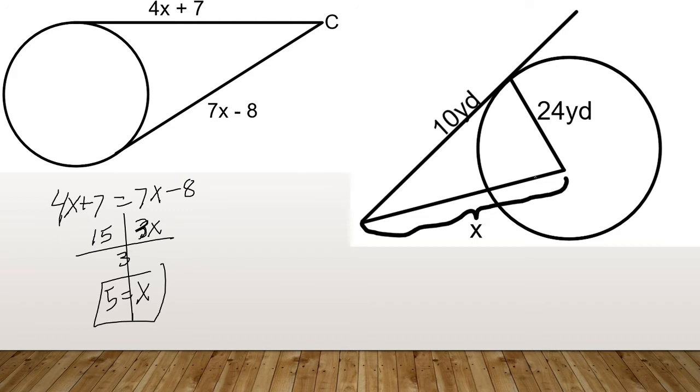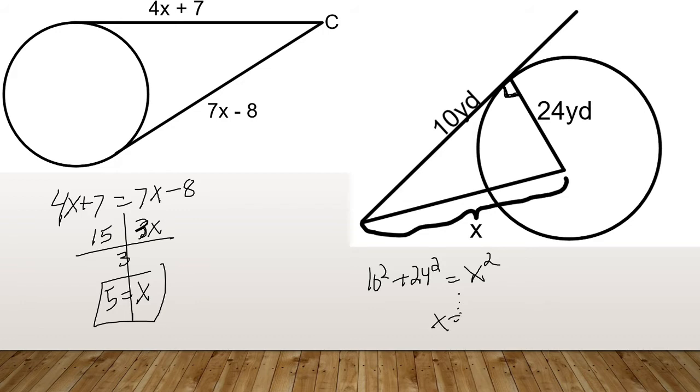This one's a little bit more interesting, or a little bit more difficult, I should say, one of the two. Remember, a radius is going to be perpendicular to the line at the point of tangency. So right here is a right angle because they're perpendicular. And then, lo and behold, we have our right triangle, right? So we have 10 squared plus 24 squared is equal to x squared. Again, we have a right triangle situation, but probably not one we've seen too often. Usually we've done right triangles inside the circle, but now we have right triangles that can pop up outside the circle. If we do the math here, I believe we end up getting